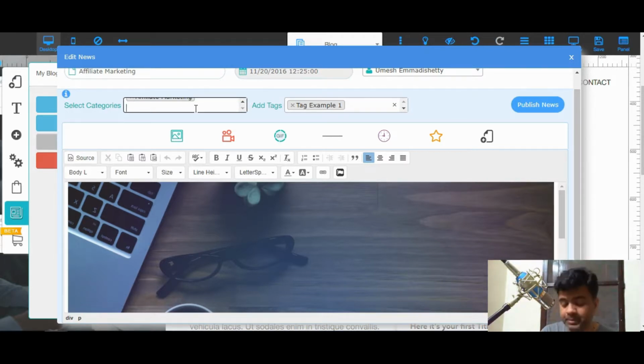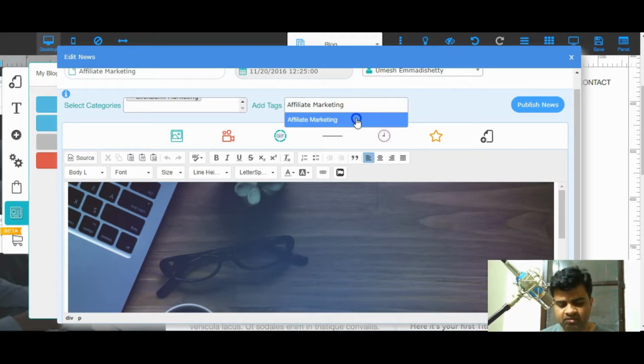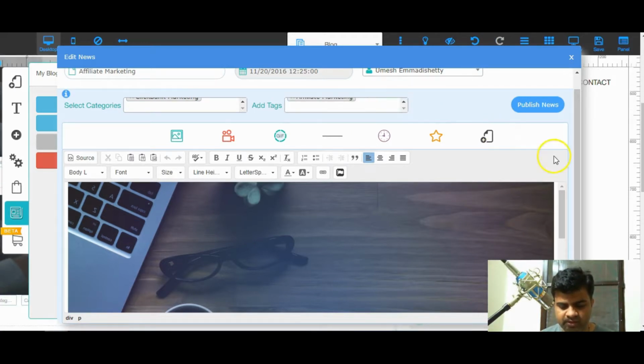If you want this article to be published on more categories, you can add some more categories, like ClickBank marketing. So boom, I added this. If you want to add multiple tags, you can add them like this. So let's add something called affiliate marketing. I want to put the same name as the category. Now let's go and edit